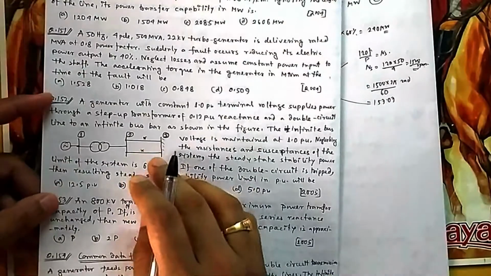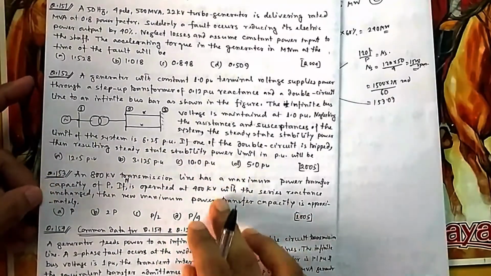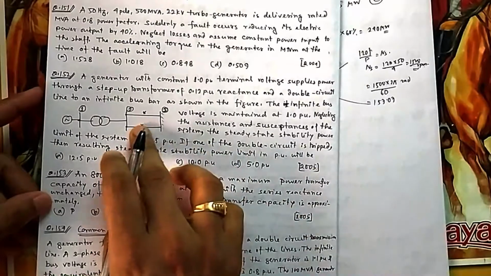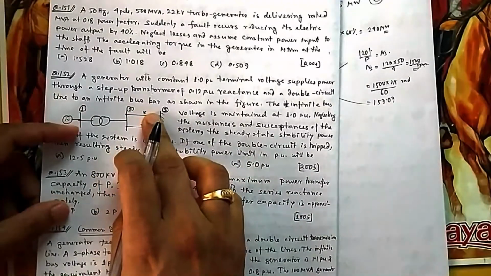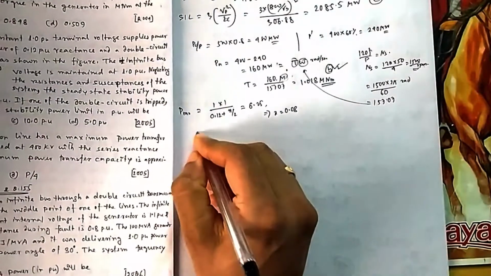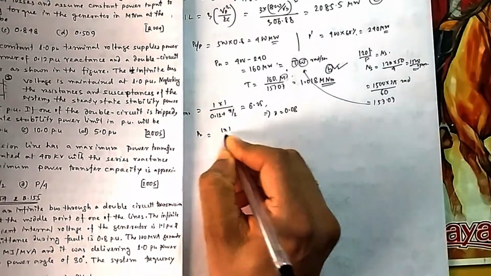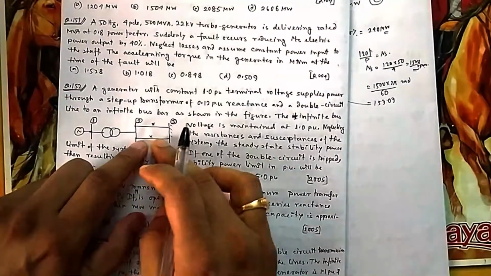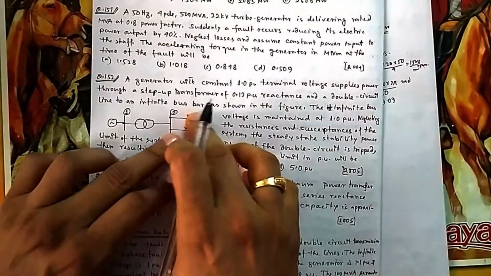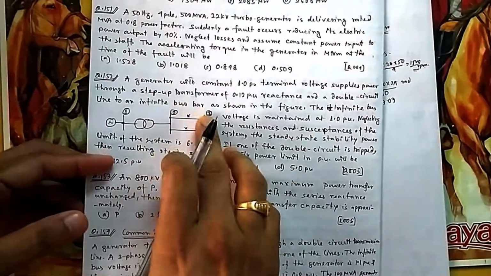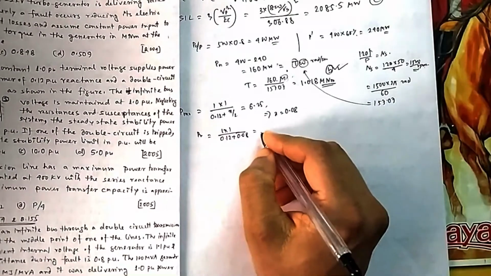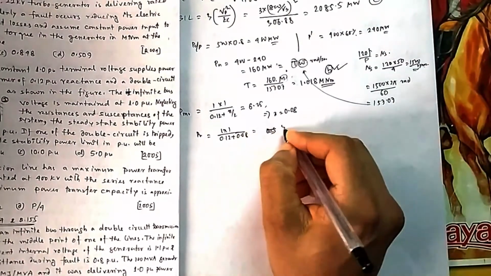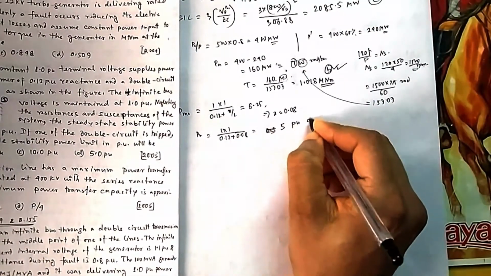Now if one line has tripped, what has happened? One of the double circuit lines has gone, so only one x is there. So now what will be the maximum power limit? It will be again 1 into 1 divided by 0.12 plus now 0.08, not x by 2, it will be simple x, because one line is gone due to the fault. You have isolated this line, so only this line is there, and your power will flow through this line. So now if you solve it, you will get the maximum power as 1 by 0.2, which is 5. That is your option D.